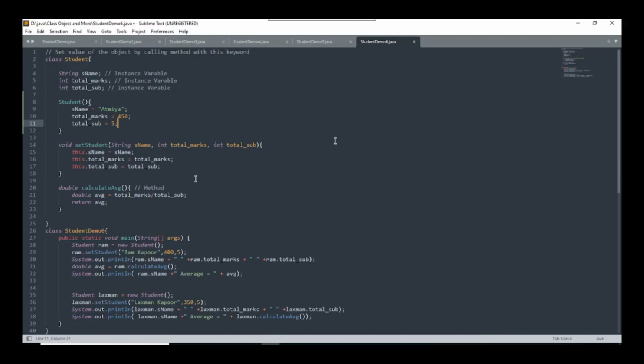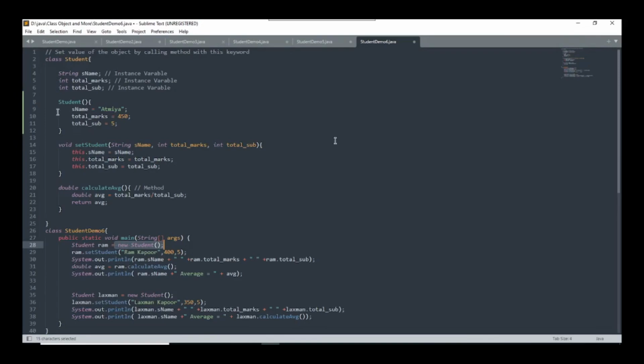Whenever any object is created, a constructor is called, and in that constructor we have initialized the instance variables of the class: sName equal to Atmiya, total marks equal to 450 and total subject equal to 5. So if you create 10 objects, if you create a RAM object over here, the constructor will be called